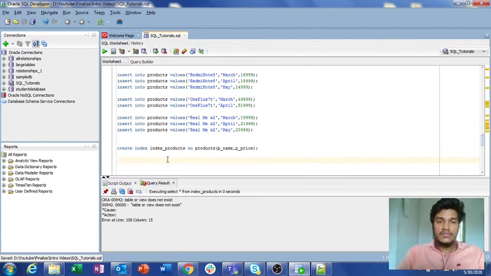Whenever a query asks for data present in the products table, we can directly use the index_products, because if you are asking for the data in the products table, it will be retrieved from the database. If it is a huge amount of data, it will take a lot of time doing comparisons to find where that particular record is among those million records.